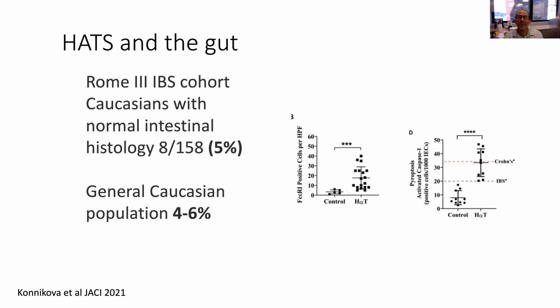However, if you take patients with hereditary alpha tryptasemia and look at their gut biopsies, even though their symptoms look just like IBS, you will actually find a massive increase in mast cells, Fc epsilon R1 positive mast cells, and in a particular tissue a change called pyroptosis, which requires special stains, that's increased on the level that one might see in Crohn's disease in hereditary alpha tryptasemia. So they may not meet the criteria for IBS, possibly because it's a different